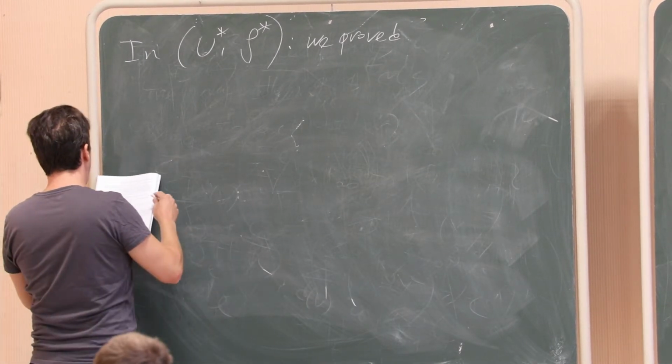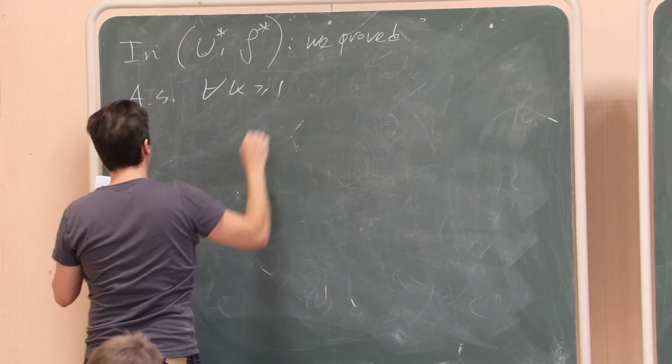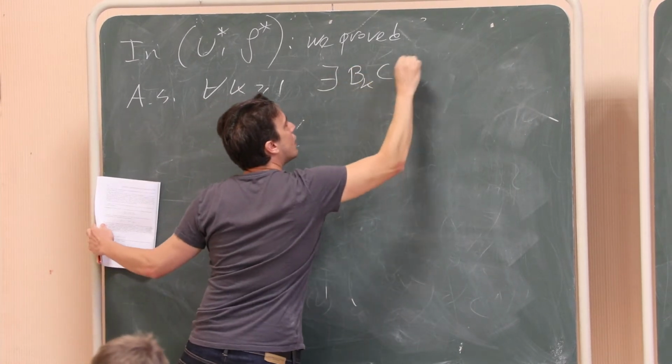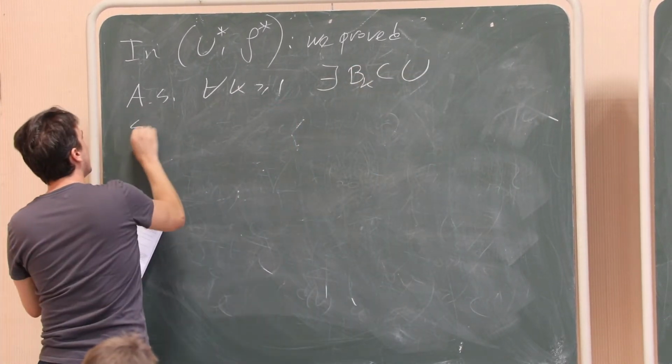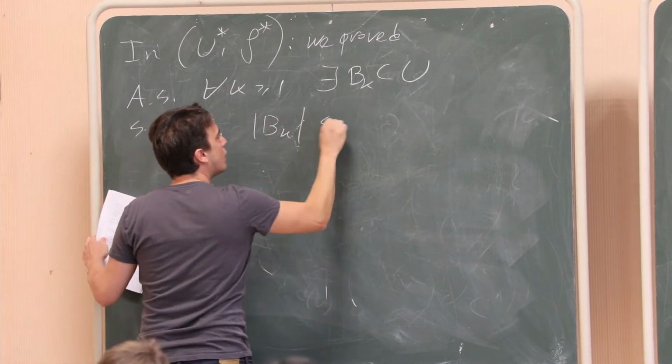We proved that almost surely for any k, there exists some set B_k, such that |B_k| is linear,